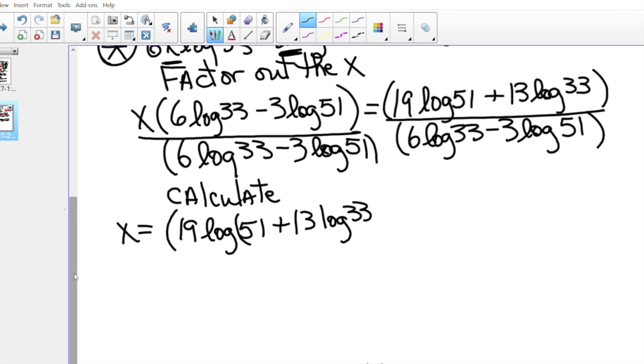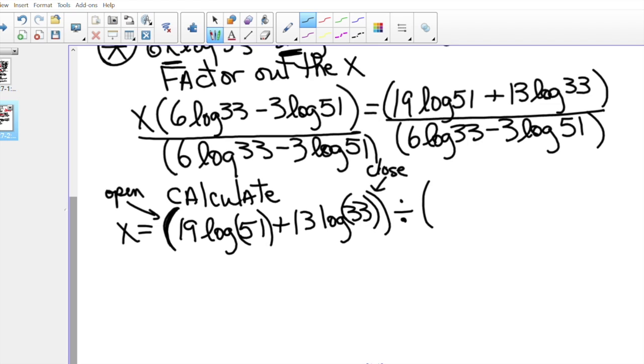Now go back and be sure the number of the log is in parentheses. The 51 has got to be in parentheses, and the 33 has to be in parentheses. Then we're going to put another parenthesis at the end to close up the first one. If you open one, I hope you notice we open one. Now we're closing it. Divided by